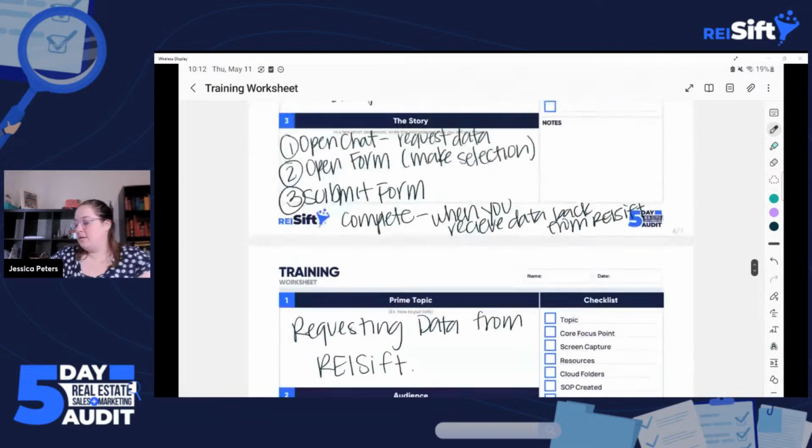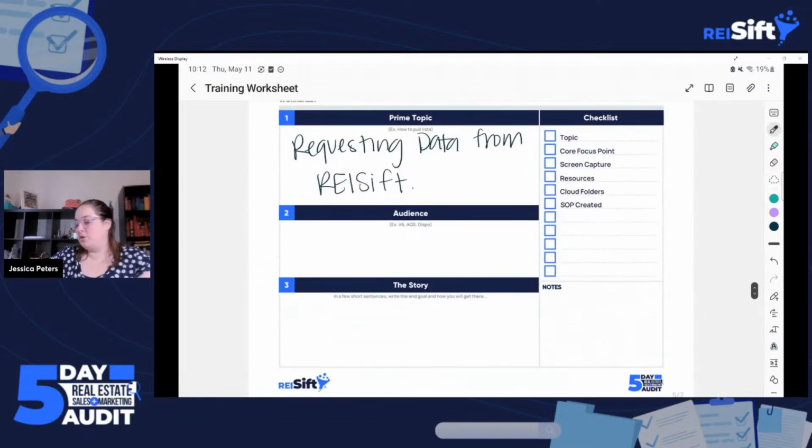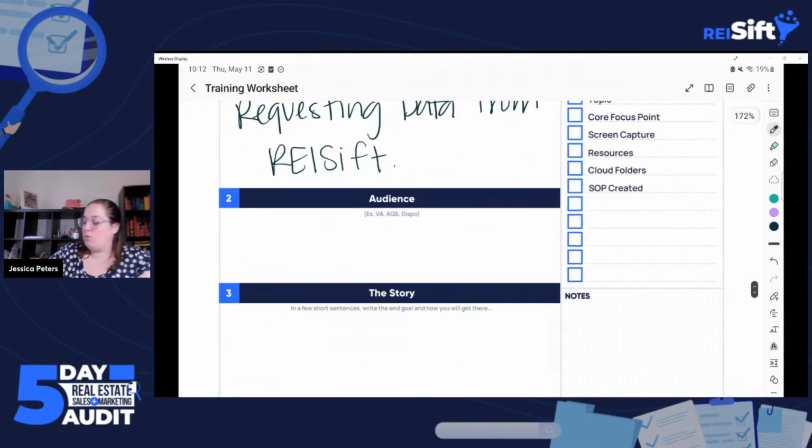Now, for these, you're going to think about who is your target audience. For example, I may have a VA messaging support to request data from REI SIFT. And there are some things that we want to think about when we're talking about our target audience. For example, have they ever messaged support?